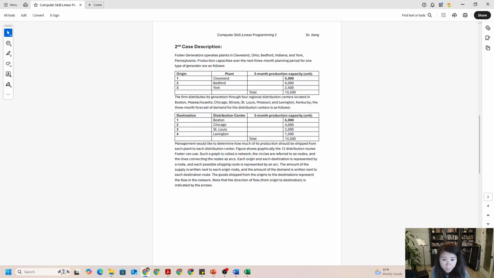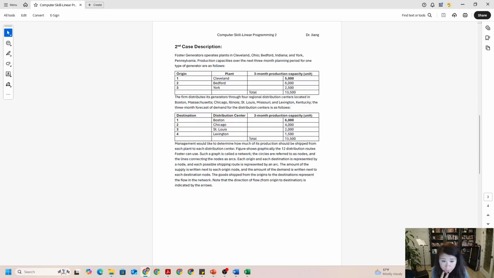Okay, so Foster Generators operates a plant in Cleveland, Ohio, Bradford, Indiana, and then York, Pennsylvania. Production capacity over the next 3-month planning period for one type of generator is as follows. As you notice, the 3-month capacity for Cleveland is 5,000, Bradford 6,000, and York 2,500. So total capacity is